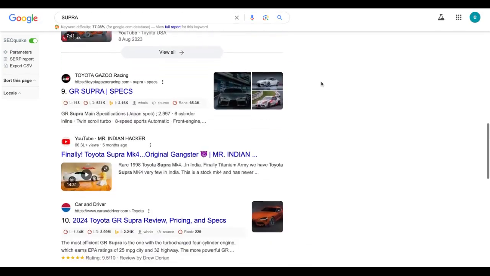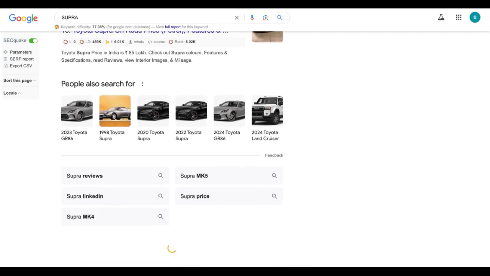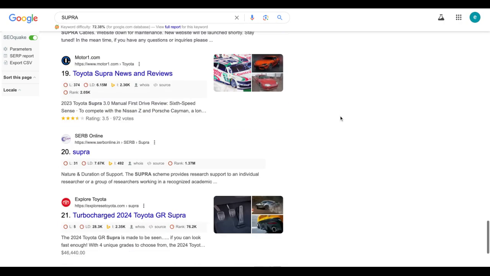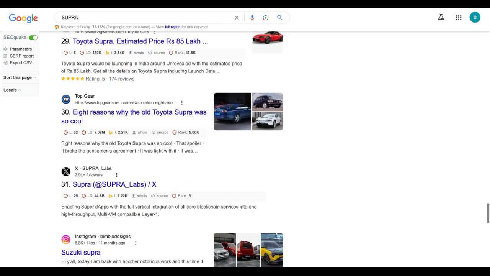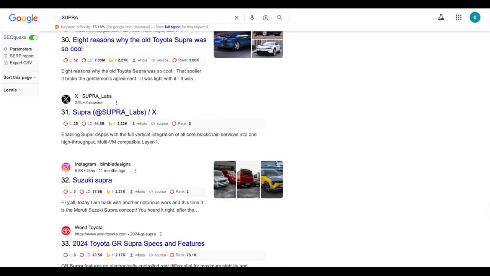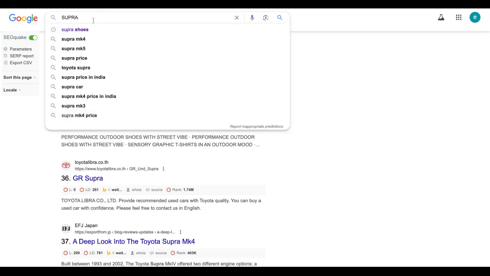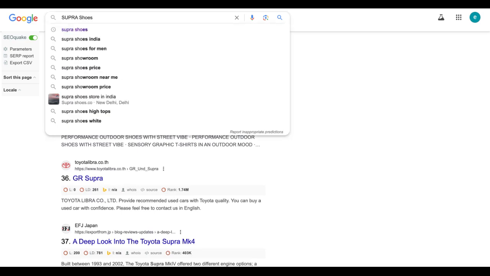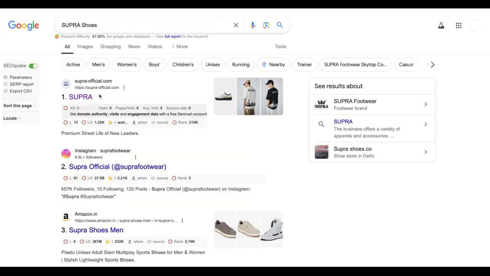It ranks, if you are with me, not even in top 10 position, neither in top 20, nor in 30. It ranks on 35th position for this branded keyword. Now, had it been a multi-phrase keyword, let's say Supra shoes, then you see it ranks on the first position for the same.